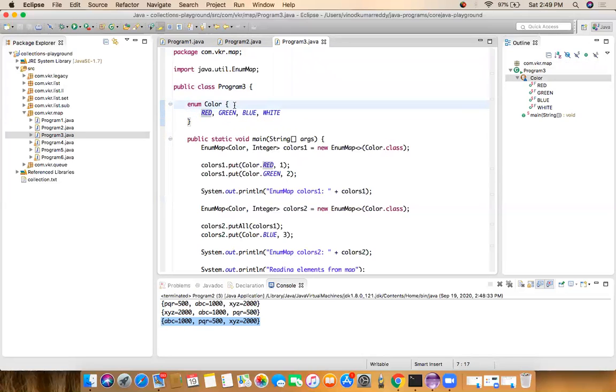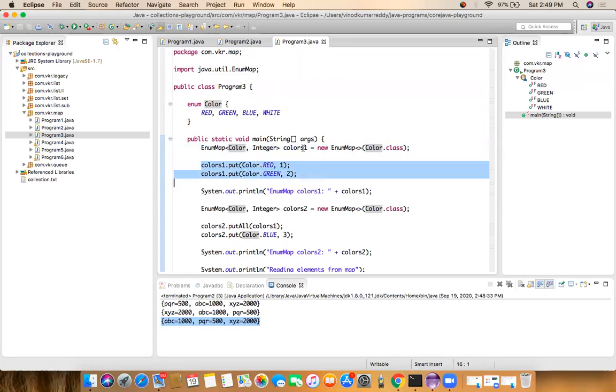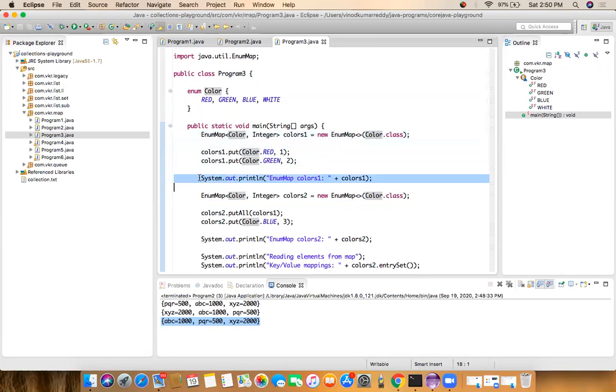If you want to create a map object of this enum, we can create it by using the EnumMap. Creating an object of the EnumMap by giving which enum type, the Color type, as an argument to the EnumMap constructor. Whenever we are adding the elements to the EnumMap, colors1, I'm just adding the enum type as a key, and the value is some value. So I'm just printing the values, colors. We get red 1, green 2 in this output.